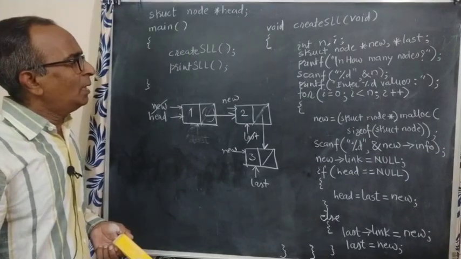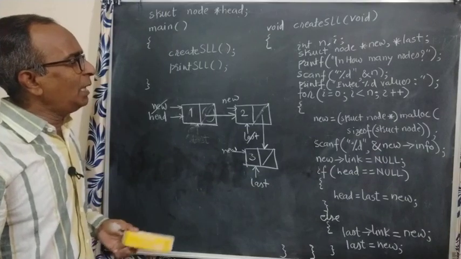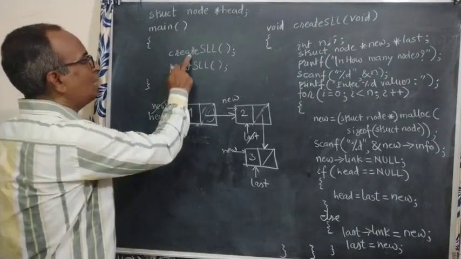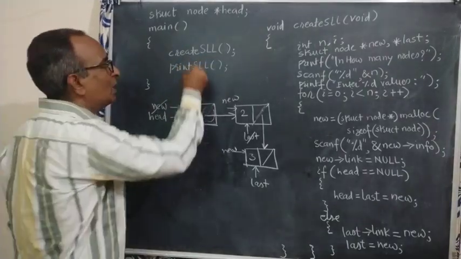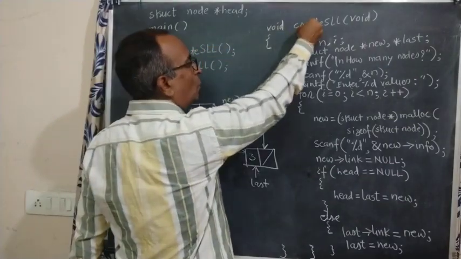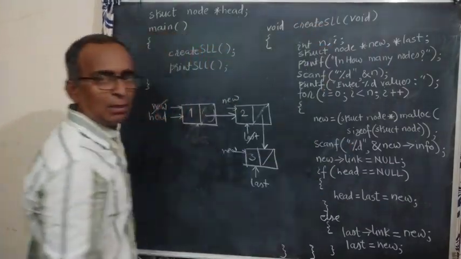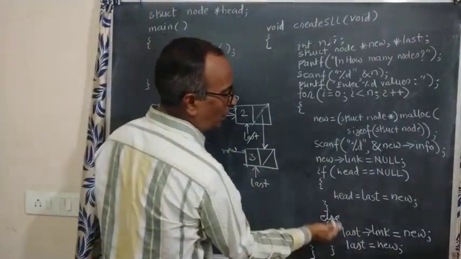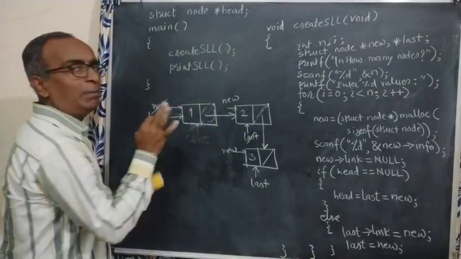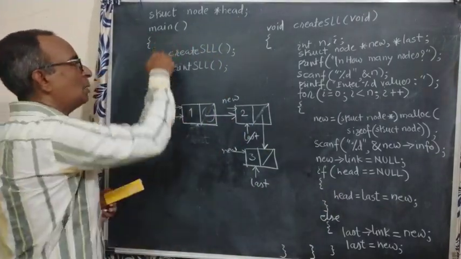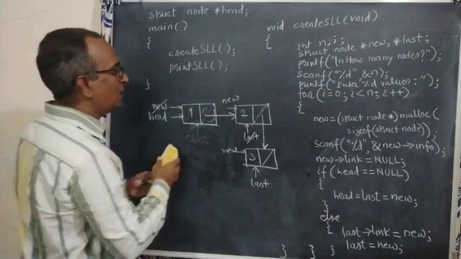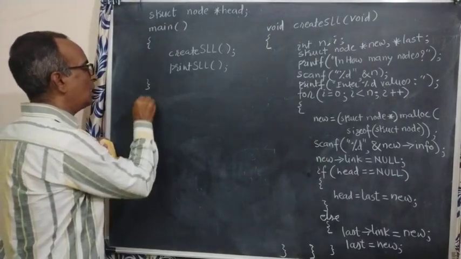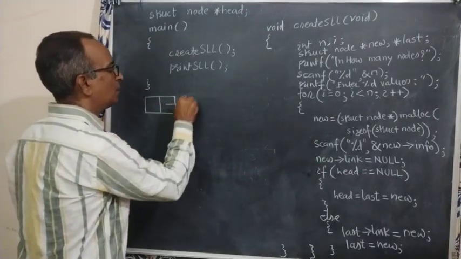Right? So this is the way we have written create list. Create list will be called like this only. First create list is called. It will go here and do this. It will create the linked list and that head will be set in the proper position and that head will be available for you. That is accessible to main also. Now this list is created by create list.